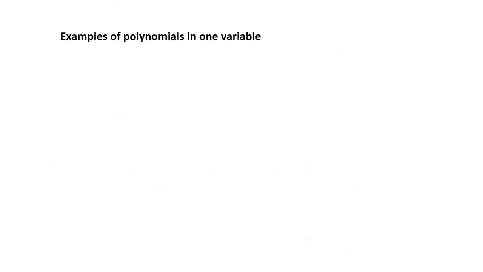So let's take some examples of polynomial in one variable. You can observe here, this is x square plus 2x. So this is a variable. Now we define terms. If the variable parts are separated by any operation, then separately they are called the terms of the polynomial. So here x square and 2x are the terms of this polynomial. If we are asked about the coefficient, then the coefficient of x square will be the multiple of x square and the coefficient of x will be the multiple of x.